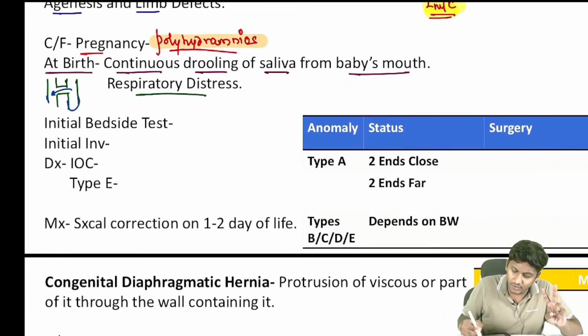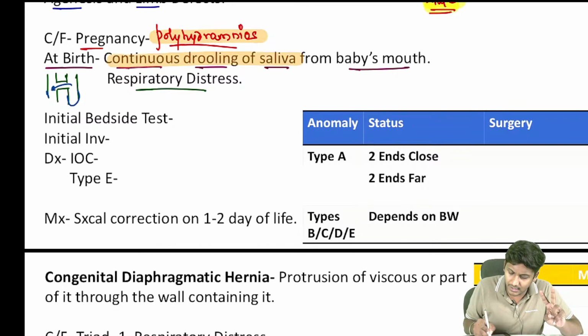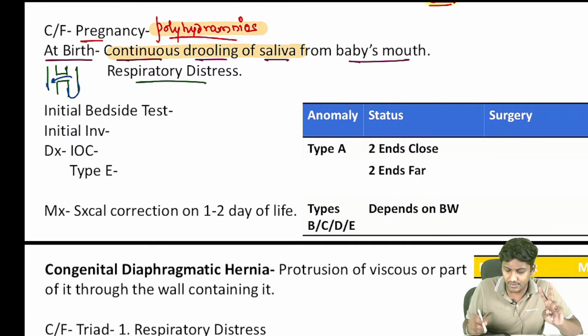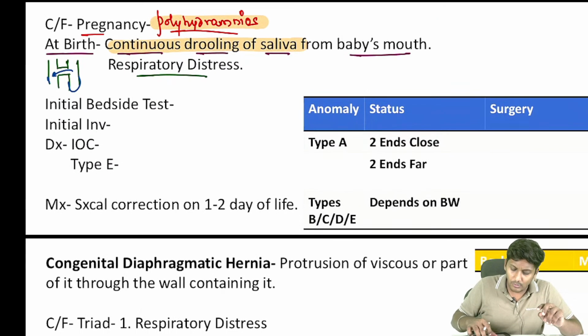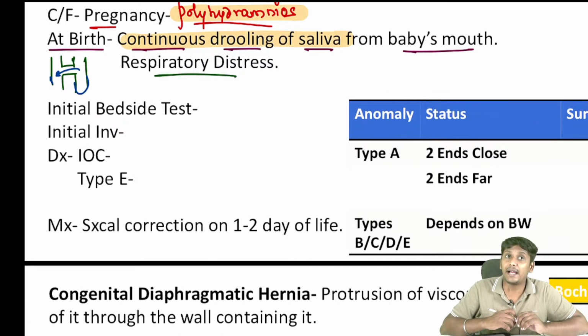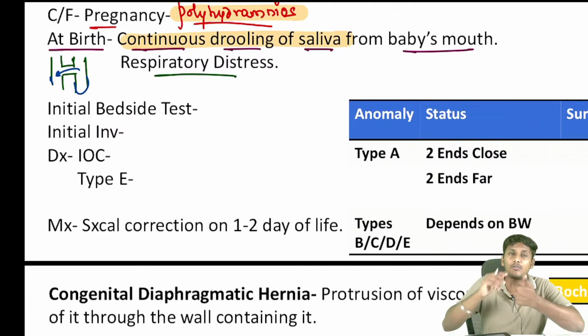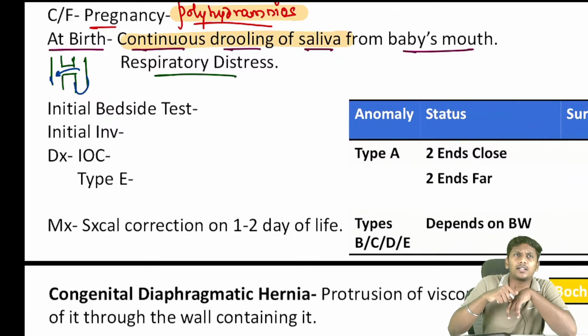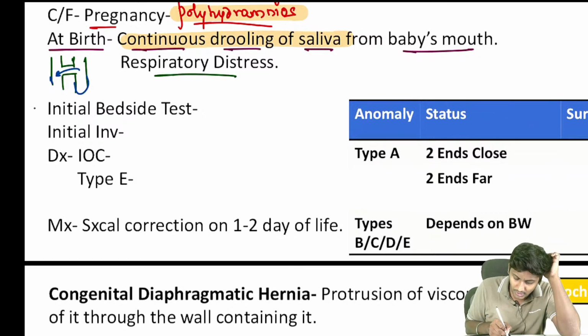First, continuous drooling of saliva is a classical hint that they give. Okay, and second, respiratory distress. Now, the mother was having polyhydramnios, and now there is continuous drooling of saliva from the baby's mouth, and also some respiratory distress. So as soon as you suspect that the child might have esophageal atresia, you are going to perform an